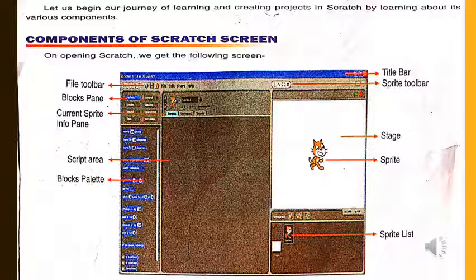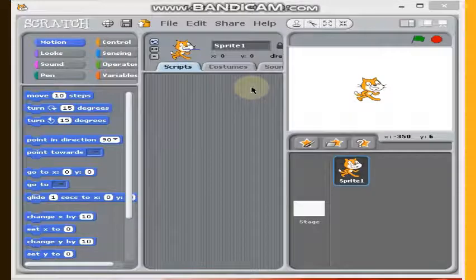Now let us begin our journey of learning and creating projects in Scratch by learning about its various components. So let's see the components of a Scratch screen. See here, this is the toolbar, the file toolbar.